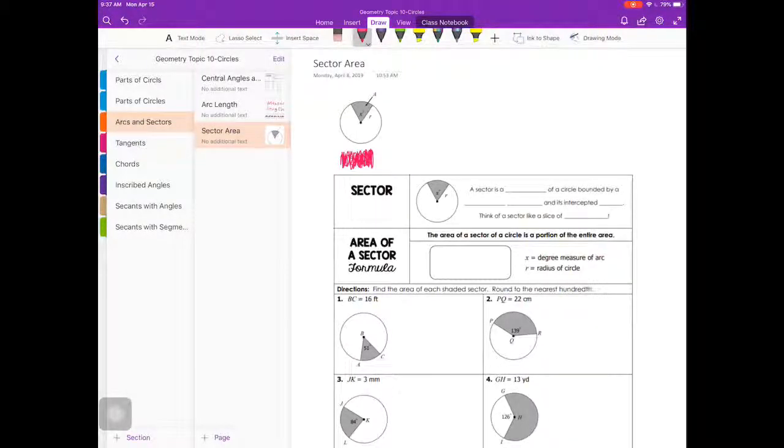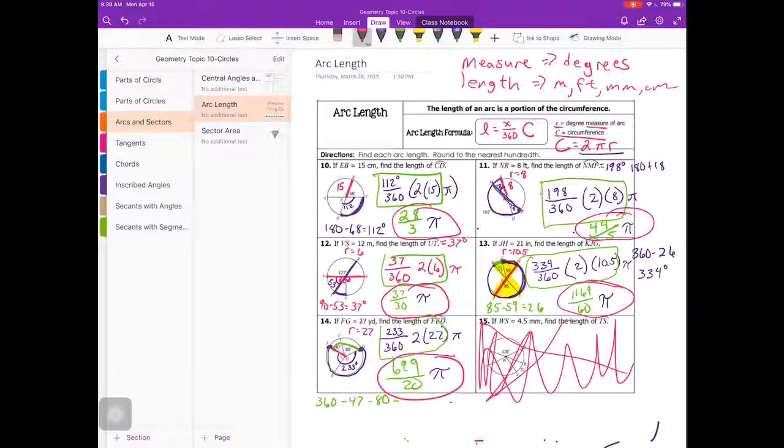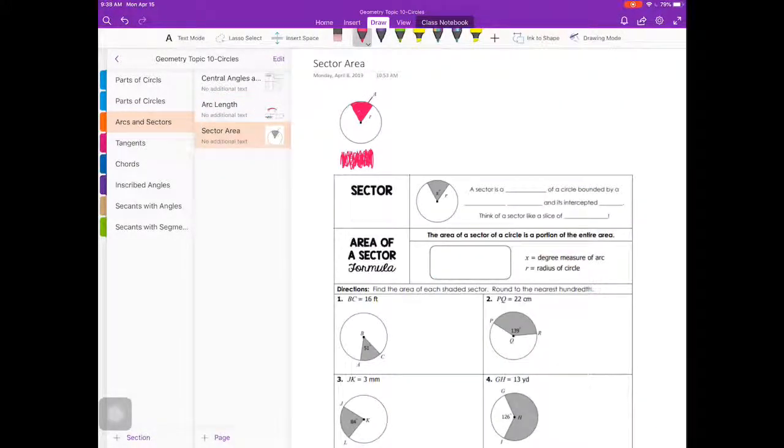Okay, so now we're going to talk about sector area. Now, a sector is basically a slice of pizza or a slice of pie. How big is that slice of pizza, or how big is that slice of pie? When we're talking arc length, we're talking about just the crust on our pizza or pie. But when we're talking sector area, we want to know how big that whole piece of pie or